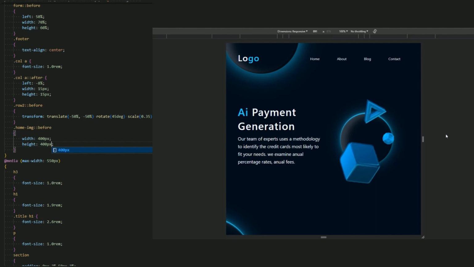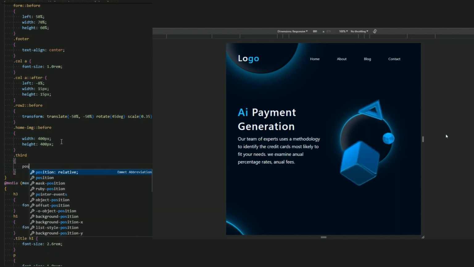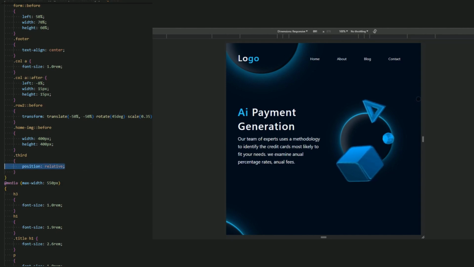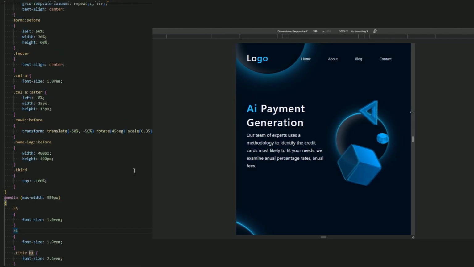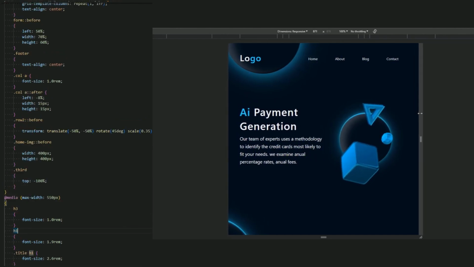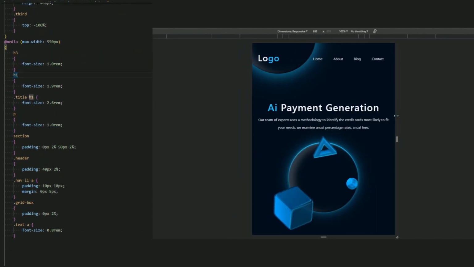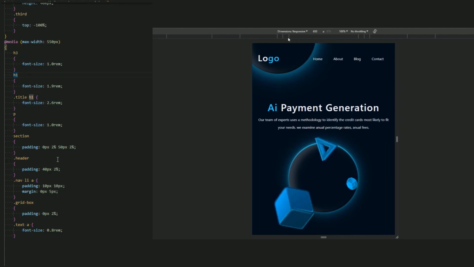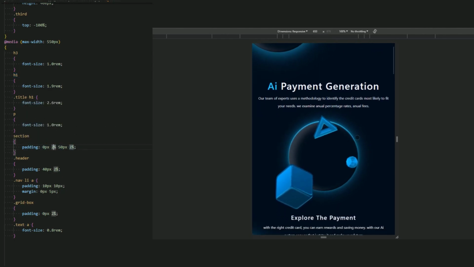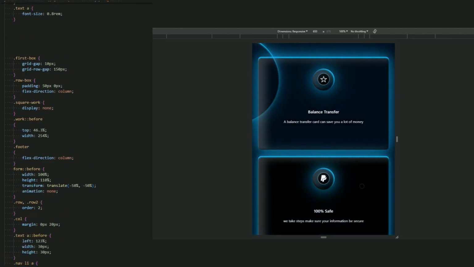Yeah, now better. And let me just change the position of this image. It is the third one, and the third one will be position absolute. No need, just at the top minus 100%. Okay, there we go. And the last media, guys, for the last media, I don't think we need to change anything. We add the same custom font size, and then we add the left and right 2% instead of 4%. And yeah, just like in the same video.